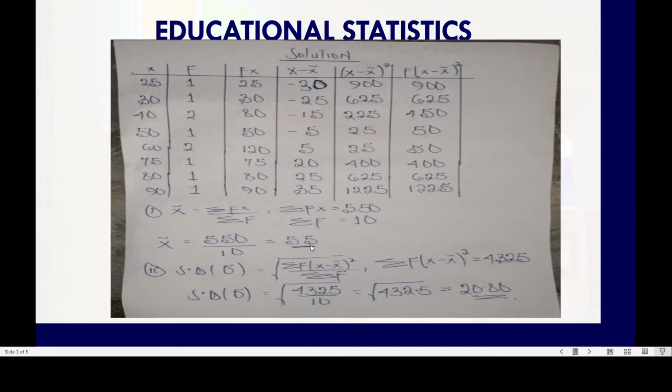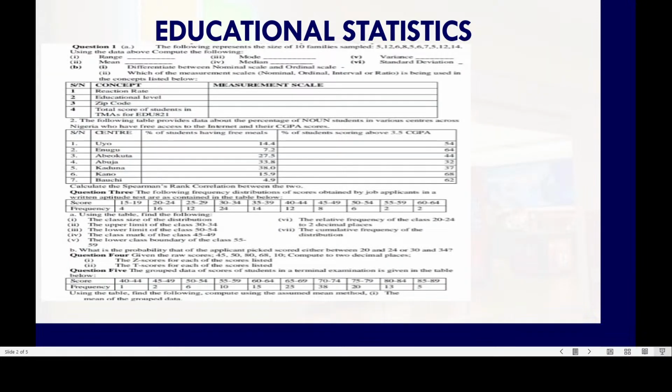Let me get the right values, starting from 40 to 90. But before you start, it's very imperative you arrange it in ascending order, starting from the least value to the